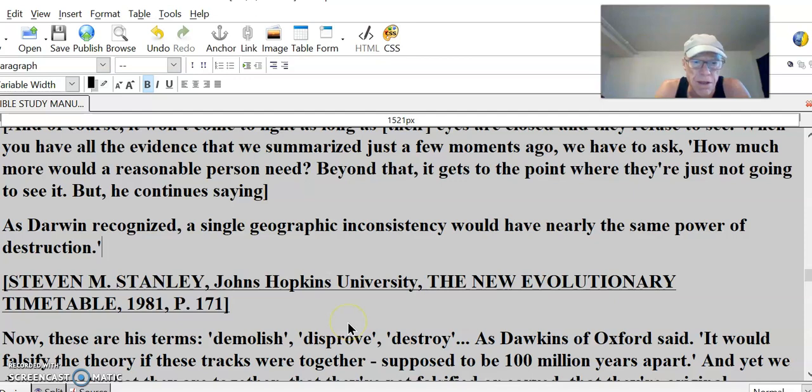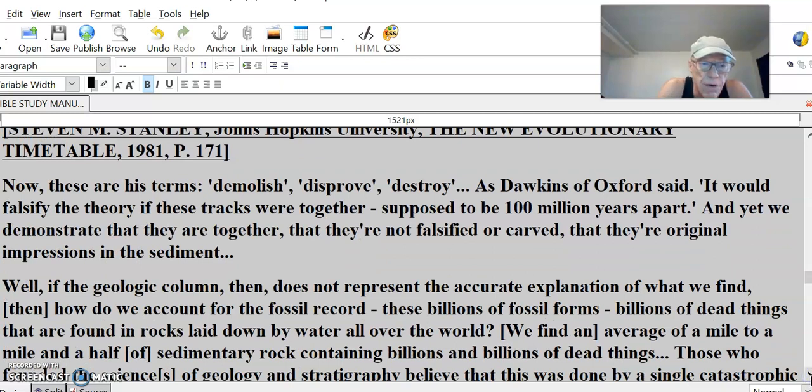Now, these are his terms: demolish, disprove, destroy. As Dawkins of Oxford said, it would falsify the theory if these tracks were together, supposed to be 100 million years apart. And yet we demonstrate that they are together, that they're not falsified or carved, that they're original impressions